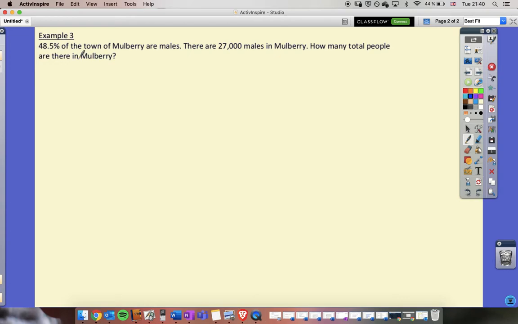Okay, 48.5% of the town of Mulberry are males. There are 27,000 males in Mulberry. How many total people are there in Mulberry? So let's set up our table. We've got percentage and amount, or you could put people here, I guess. We know